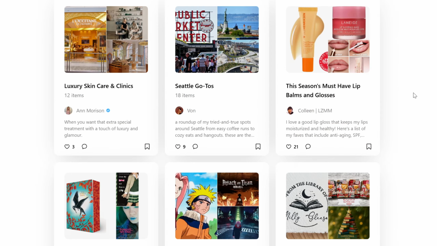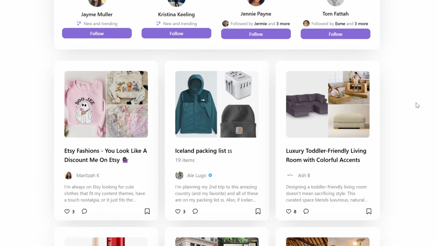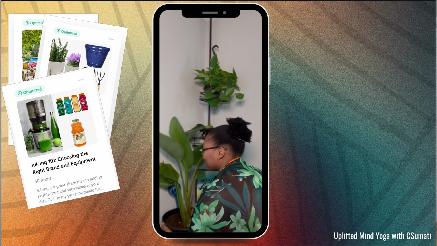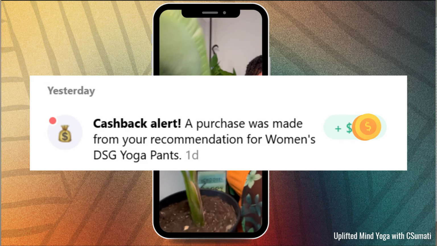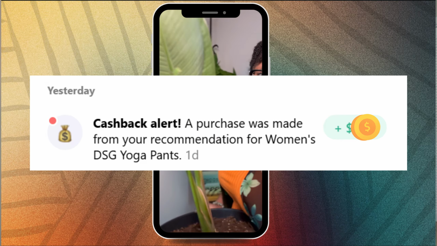Of course, we know with passive income, anything related to passive income, marketing, digital marketing, things of that nature, you will be putting in work initially. But the beautiful thing about passive income is that the moment you put something out there, whether it's content, whether it's a recommendation of anything that has a monetary gain behind it, the work is already done for you with the way the platform allows you to monetize it.